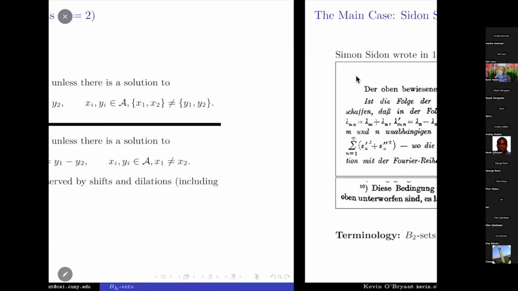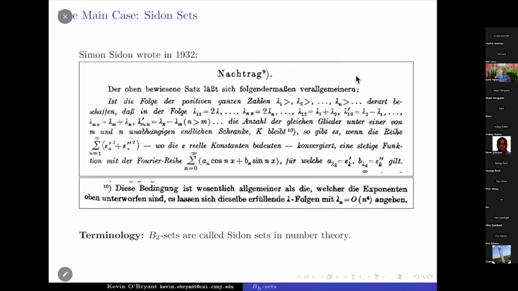Okay, so these sets have been around for a long time. The earliest occurrence that I'm aware of is in a harmonic analysis paper of Sidon. This is from 1932. And you can see here in a statement, we have Zahlen, that's the Z that we use for integers. So he's got these positive integers, and he's looking at